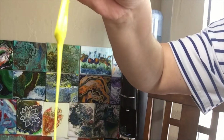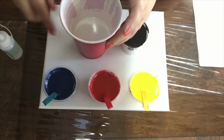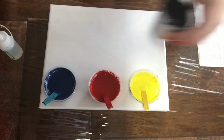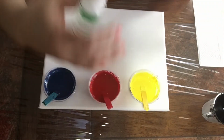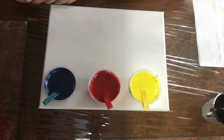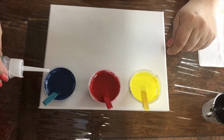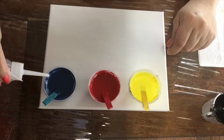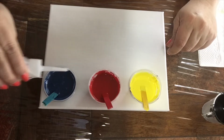So just to show the viscosity, as you can see, is very, very thick. If you don't like it, then you can add a little bit more water. Now I'm going to use my white on the canvas, put these colors out, and I'm going to be using this new silicone. So we'll see what happens. Like I've always said, I'm going to use 3 to 4 drops of this silicone,